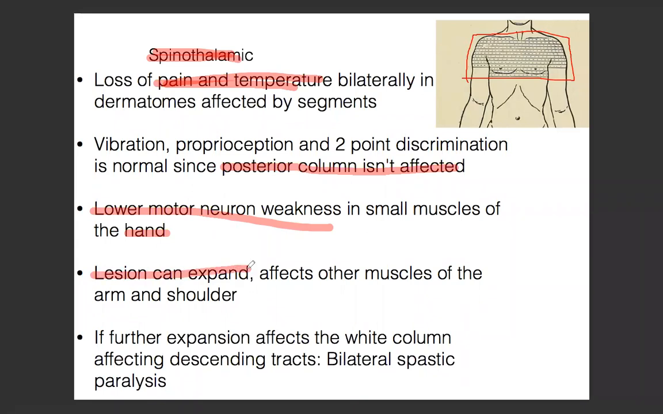يلا, the lesion can expand. They can expand over time, so it can affect other muscles, and it can affect the shoulder, the arm, كده. If further expansion affects the white column, it can affect the descending tract, causing paralysis or spastic paralysis. يعني it can progress to affect the other muscles of the arm and shoulder, and eventually affect the posterior column, which causes bilateral spastic paralysis and so on. But usually, it's only the lower motor neuron of the hands and the pain and temperature of the upper